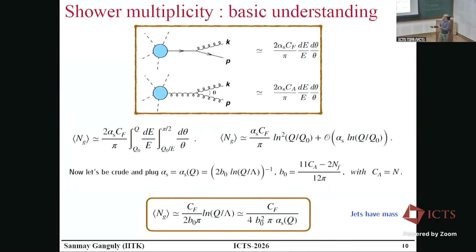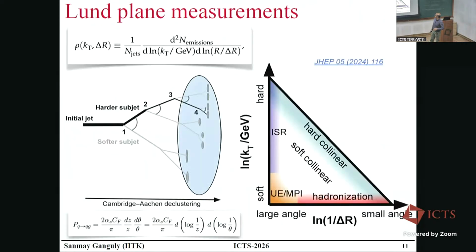Actually, we haven't even discussed how jets form. We tried to understand, following basic principles of QCD, how parton fragmentation happens, and that gives rise to masses and things like that. Now, yes?